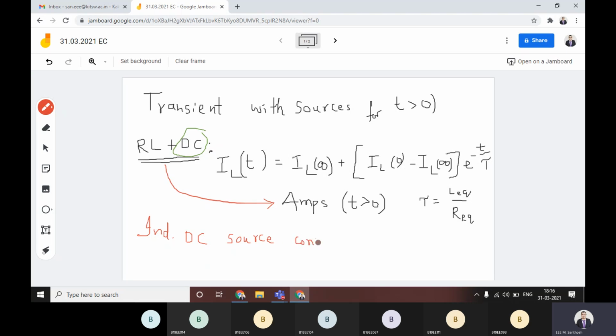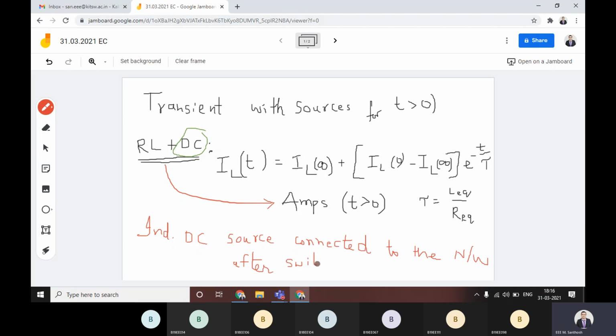Why I am mentioning is, yesterday also one of our friends asked this way, what is happening inside the circuit? This is the point actually. You note down this one. The independent DC source is connected to the network, whatever the switch operation is which is mentioned in the network, that is connected to the network after the switching operation, after you operate the switch.